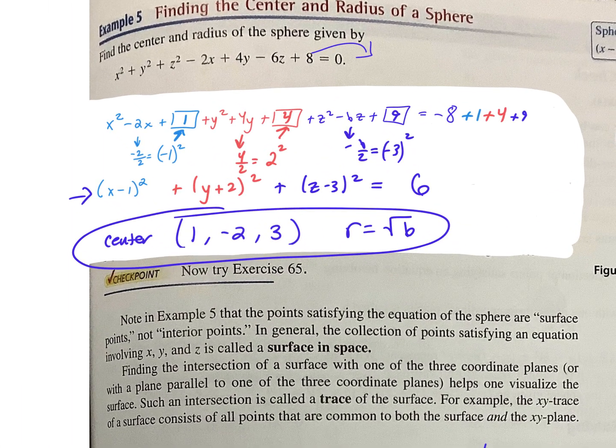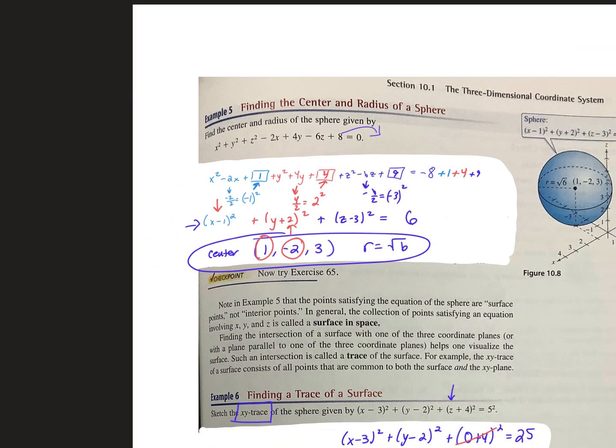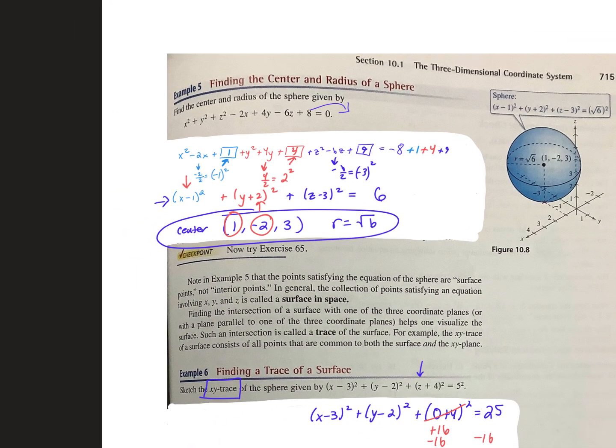You said it has to be the opposite sign. But like, if it's a negative 1, why wasn't it X plus 1? Or like Z plus 3? See, since this is X minus 1, when you pull it out to give the center, the sign changes. Okay. Since this is plus 2, when you pull it out, the sign changes. And that, ladies and gents,